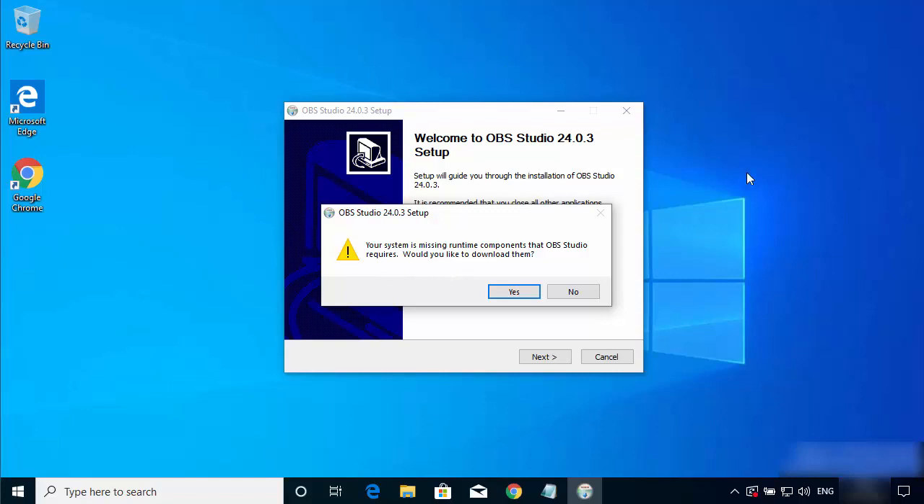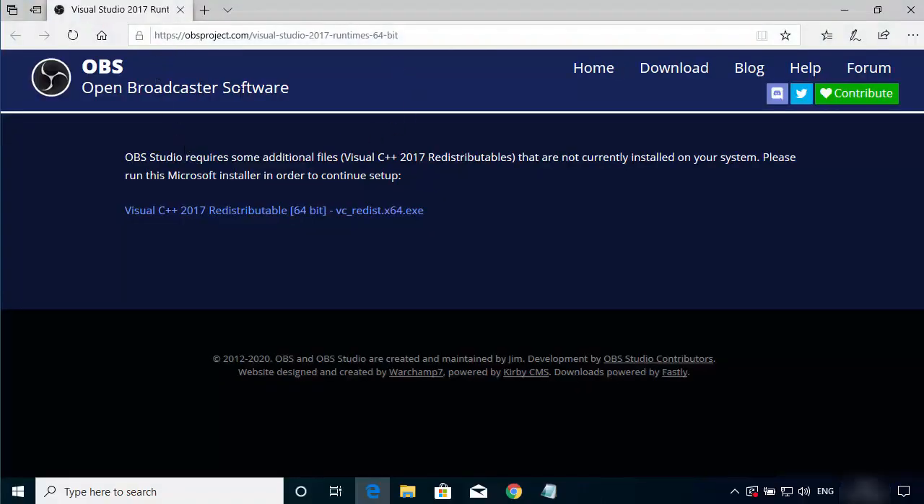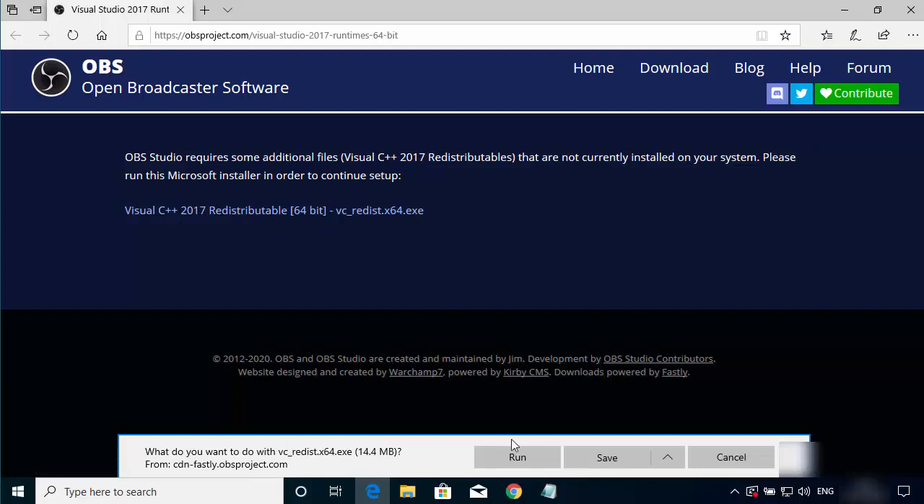So because this is a fresh installation of Windows I'm using, I don't have prior libraries which are required by the OBS Studio. So I'm going to just click on yes, which is going to open this website on my browser, which will redirect me to this executable file, which is the Visual C++ 2017 redistributable exe file. So I'm going to first of all download this executable file and then run it,